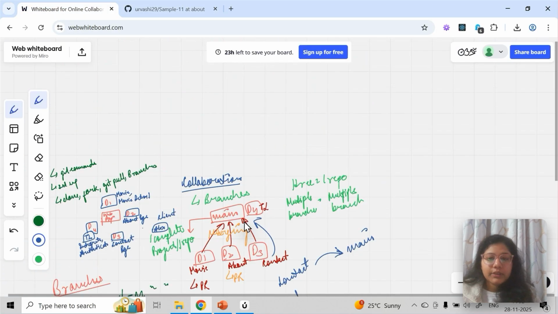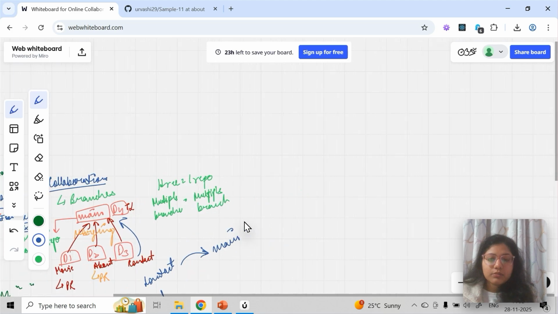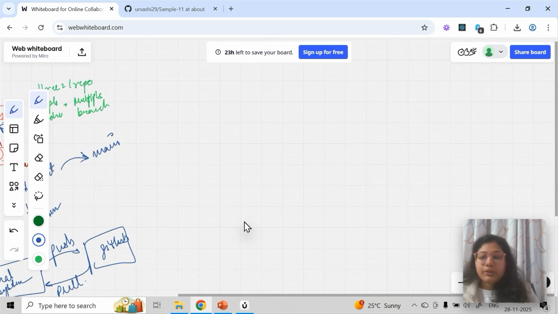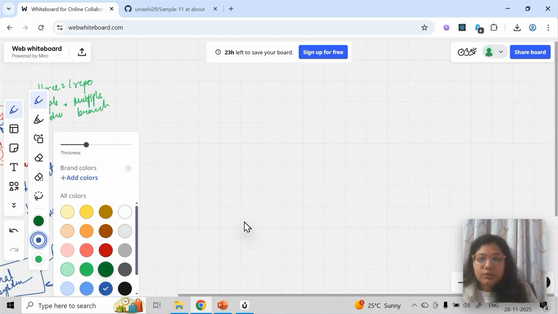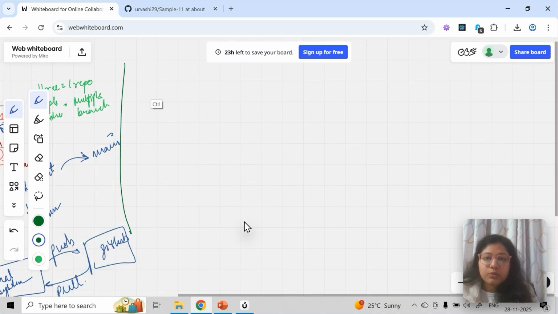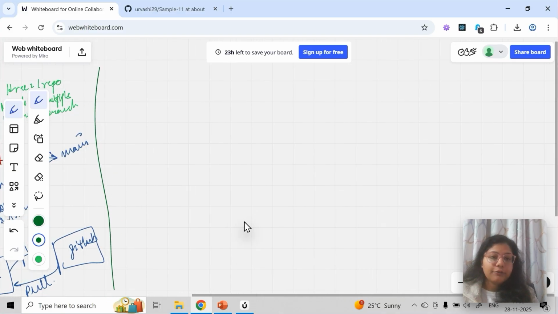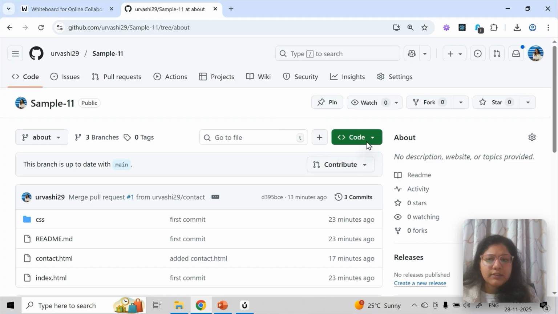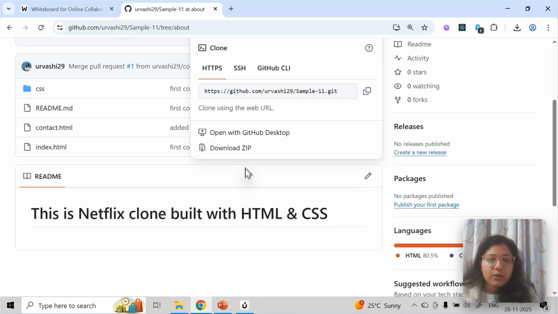This is important: what is fork and what is clone? Say you want the latest code, or whatever I'm teaching you here on GitHub. You will get all the PPTs and all the notes from the description, where you will get the link. So how will you get this code? I told you earlier, just download for now, but download is not the correct way.